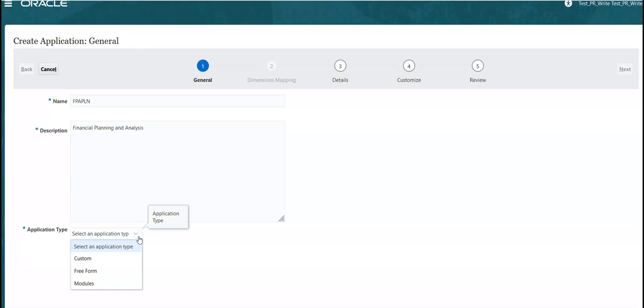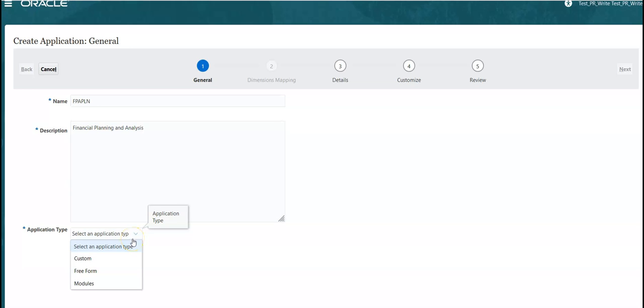The custom application, basically you can have a total of 12 cubes and 6 of them are BSO cubes and another 6 are ASO cubes. Whereas if you go for the free form application, it allows you to create an application with the dimensions of your choice without any constraints imposed by the limitations of the standard applications.